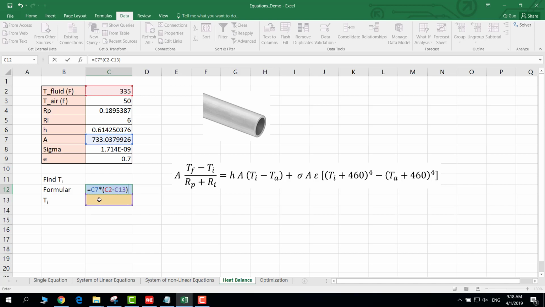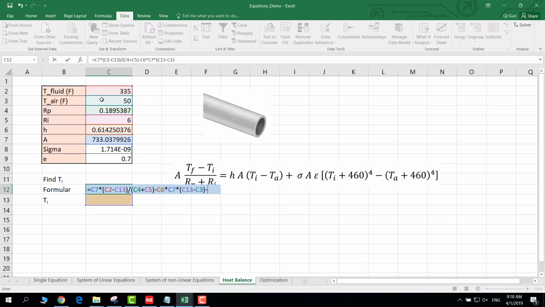And close the parenthesis, divided by RP, which is this number, plus RI, this number here, and minus H times A times parenthesis TI minus TA